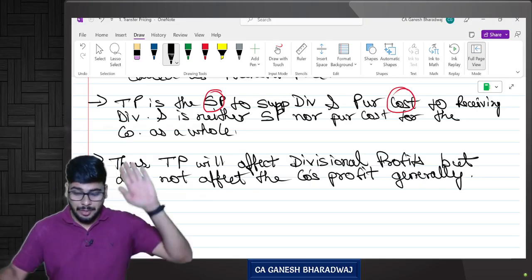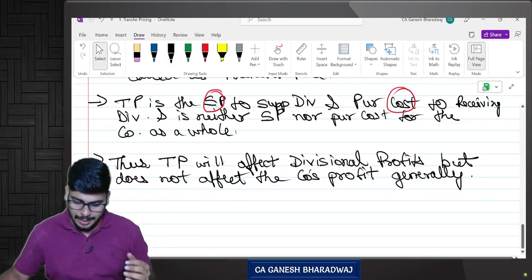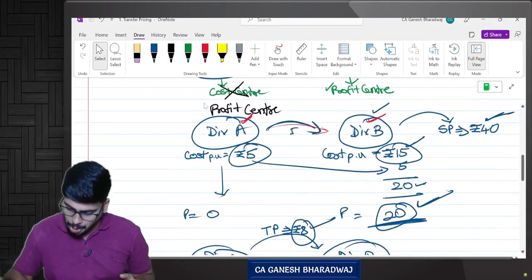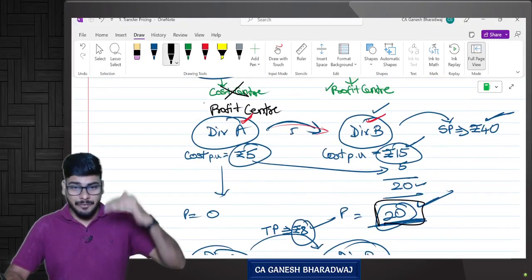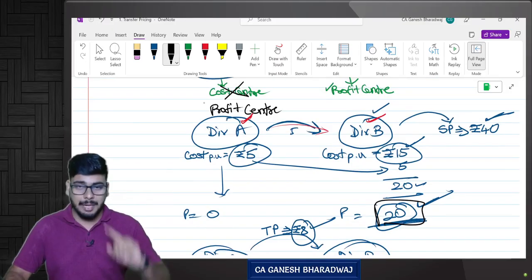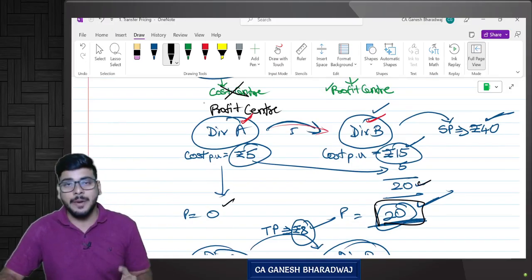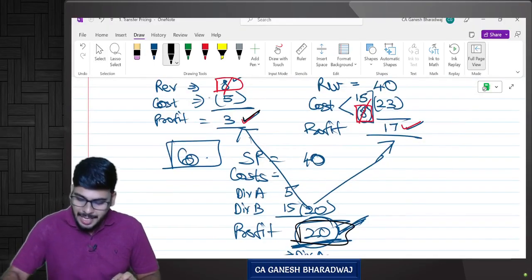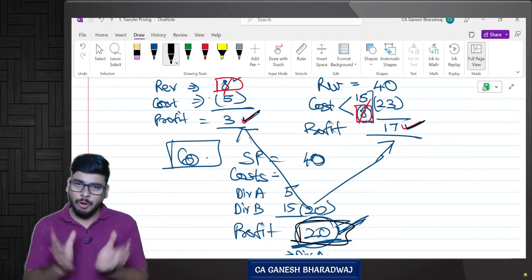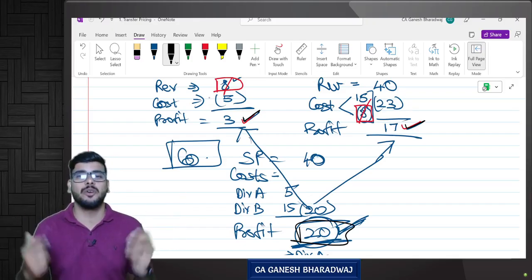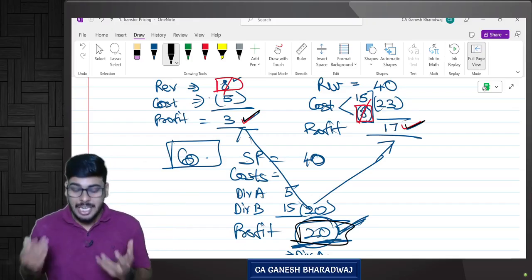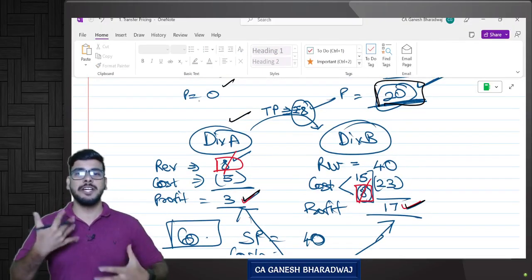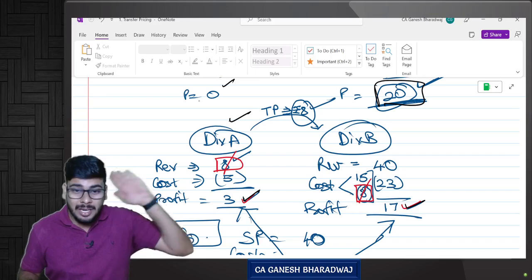So now, what was this? Overall, whether you had a transfer price or not, overall profit is how much? Overall profit was 20 rupees. Yes. Without transfer price, what was the breakup? Division A 0, division B 20. But after the transfer price, now the breakup is division A 3 and division B we have given 17. Overall profit remains the same, but division-wise profit actually changes. Are you clear with this? Now this way, even the division A manager is also now motivated to perform well. Why? He was earlier a cost center.